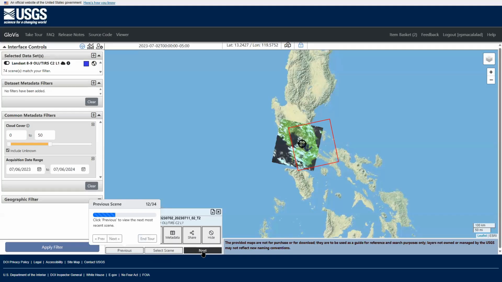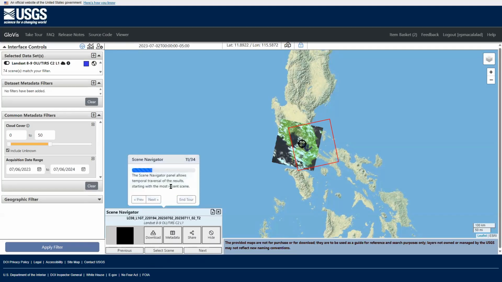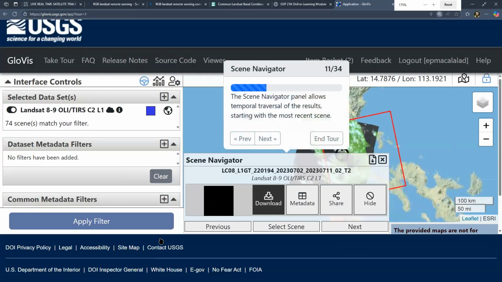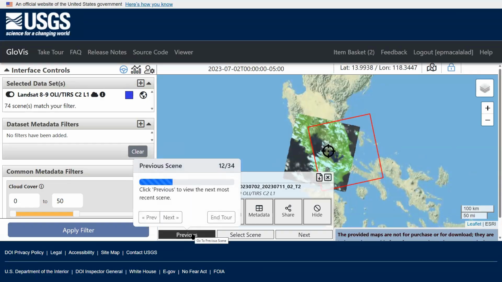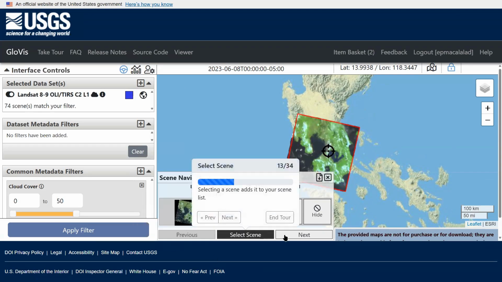So I mentioned earlier, let's go back here. This is the scene navigator. You can actually look at the previews. This is the previews, and then you can go to the next. If you select this, it will add to the basket.